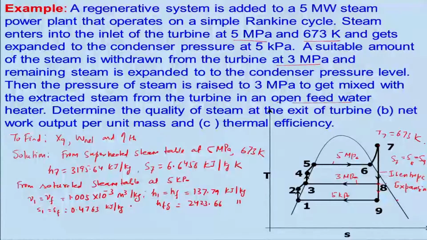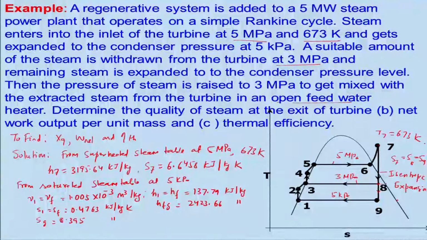kilojoule per kg Kelvin, and SG is equal to 8.395 kilojoule per kg. You can observe one thing, that SF, the liquid entropy, is lower as compared to the gas entropy, or the vapor entropy. Now, similarly we can get the other data,